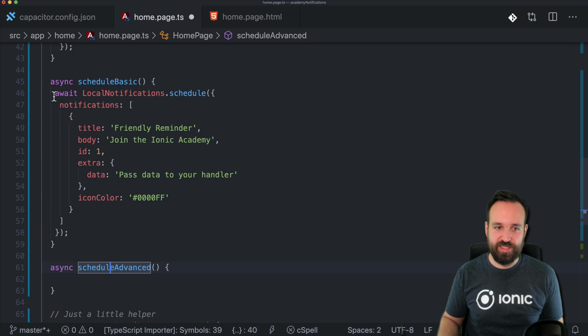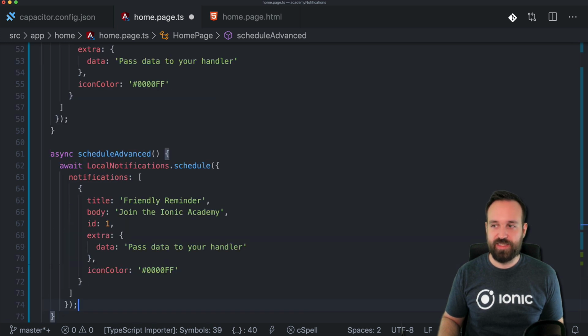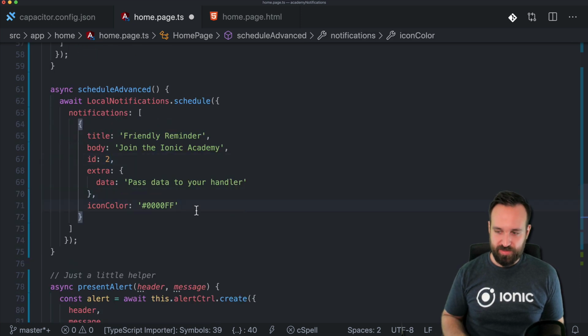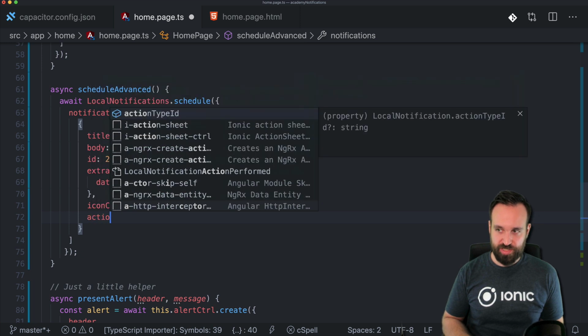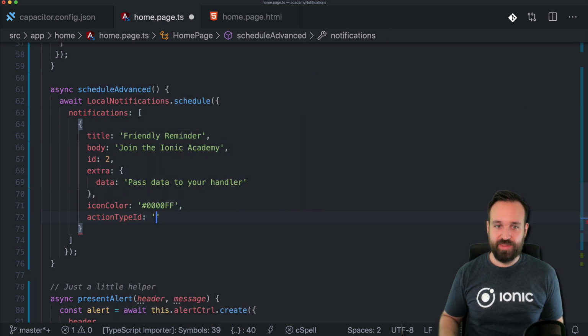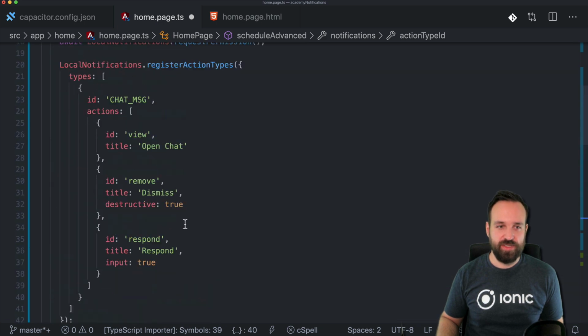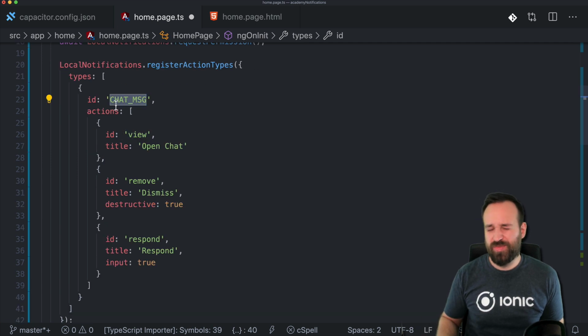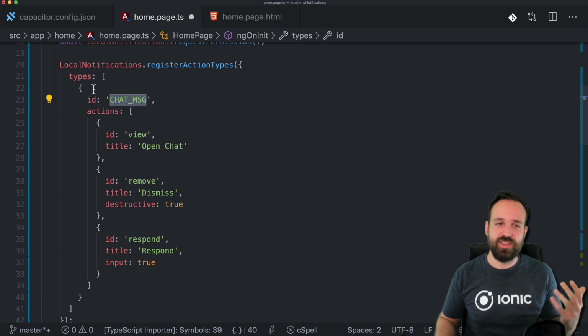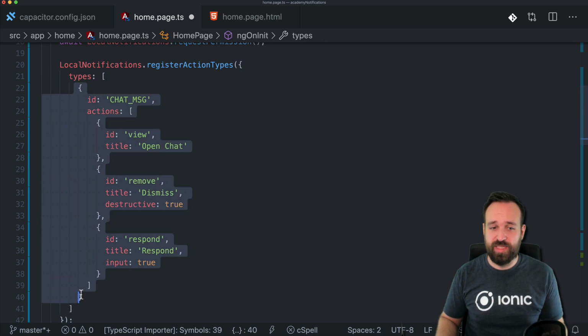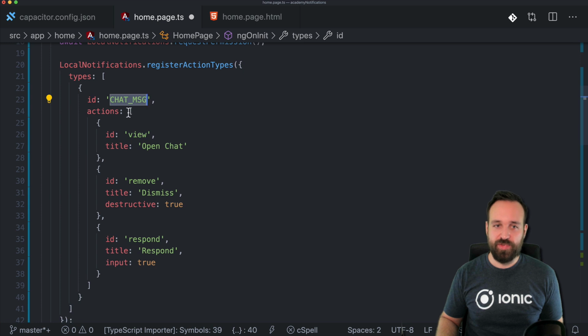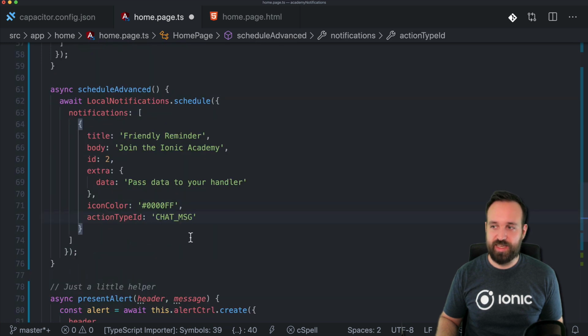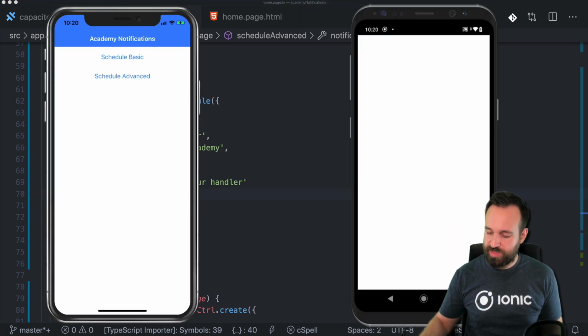But we can now dive into the schedule advanced, and in here, let's use a different ID. And then let's also use actionTypeId. And at this point, you have to use the ID that you specified up here. So you can see if you have different notifications for different cases, you could define different action types and then have a completely different map instead of this. But for now, let's use chat message as the actionTypeId,